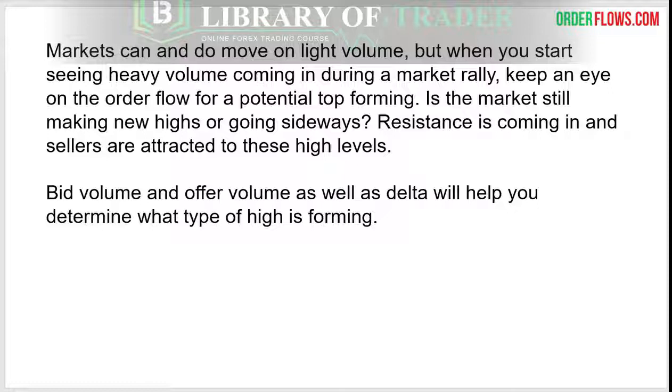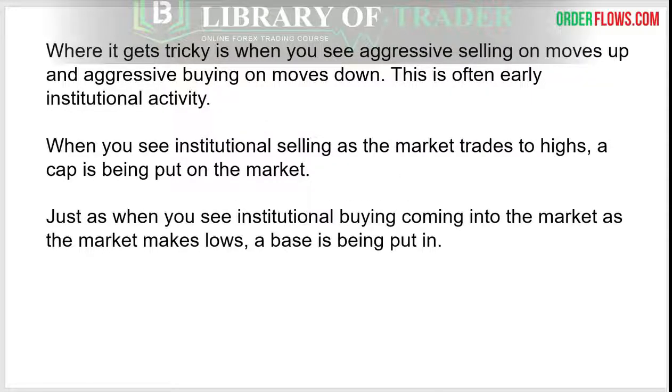The bid volume and the offer volume, as well as the delta, will help you determine the type of high that's forming. Where it gets tricky is when you see aggressive selling on moves up and aggressive buying on moves down. Now, this is often early institutional activity, but when you see institutional selling as the market trades the highs, often